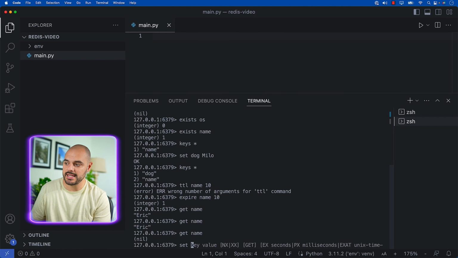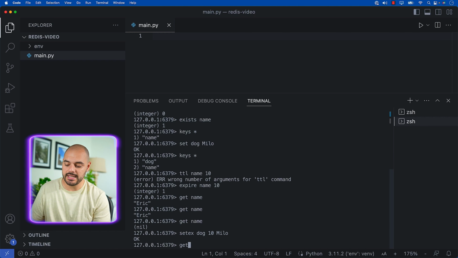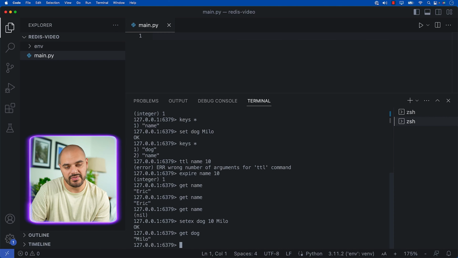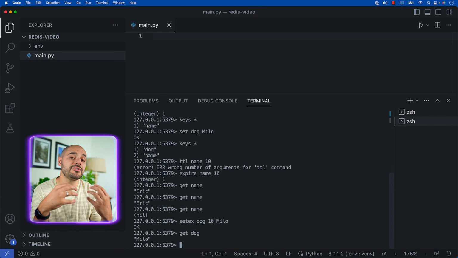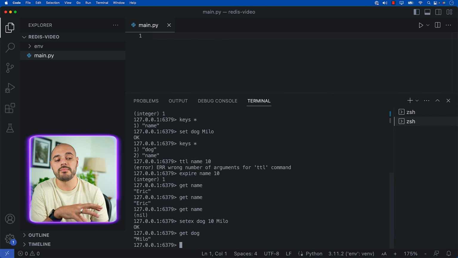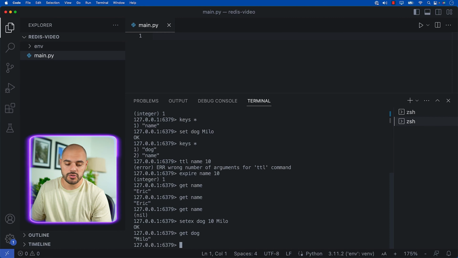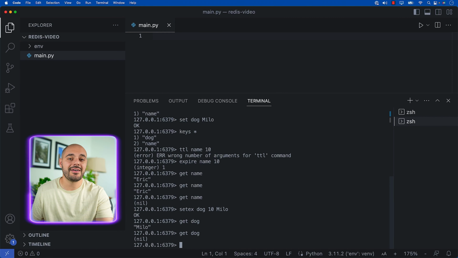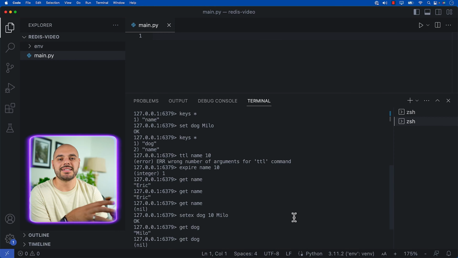When you create an item, we can create the item with the TTL already included. So we can say set expiration of dog 10 Milo. So now if we say get dog, we can see that we get the value of Milo, but then after 10 seconds, the value of Milo will disappear. So if we try it again, we now have nil because the value has been deleted. All right, so now that we got the basics of how the key value pairs are going to work, let's